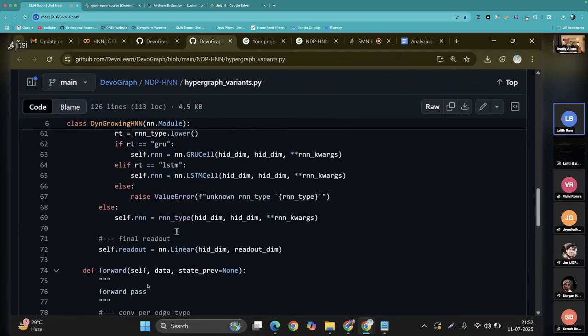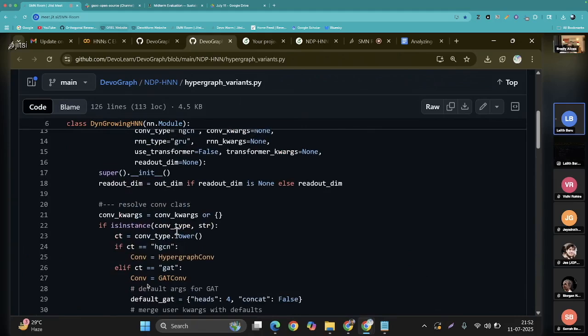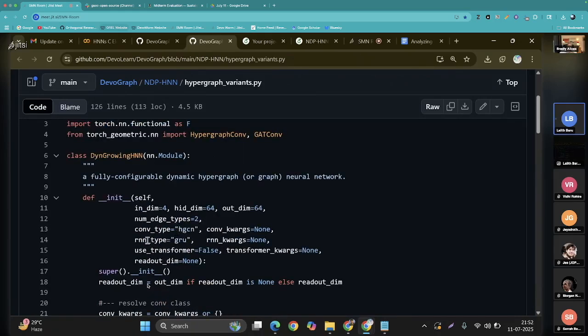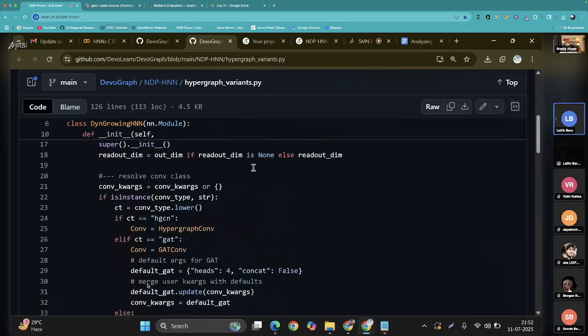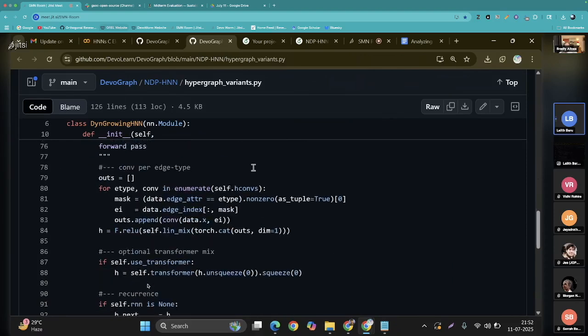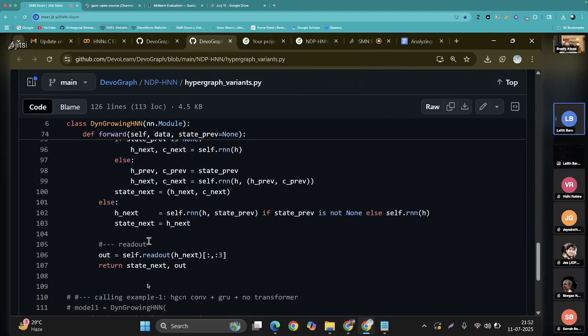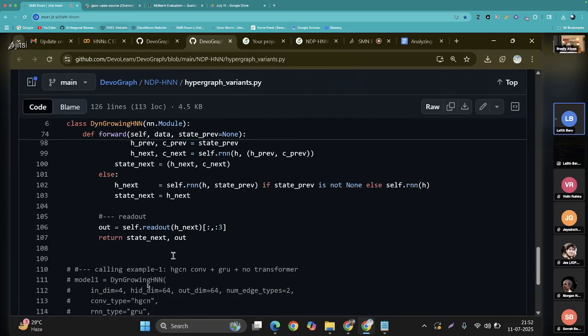So here I've given it in the function calling. When we call what kind of RNN type we want and specify it, then it will take care of the job. And in the final step we have a readout function, which embeds all the features into that. So the last three states.